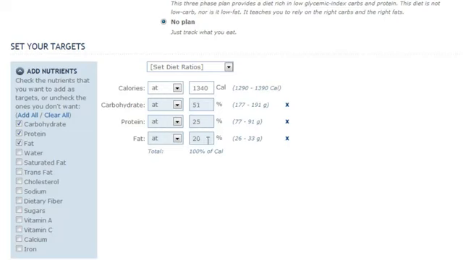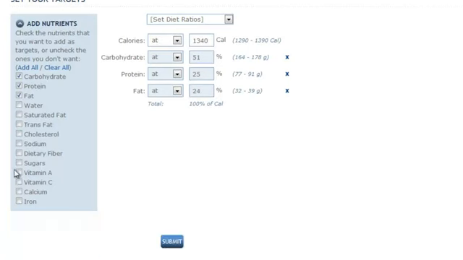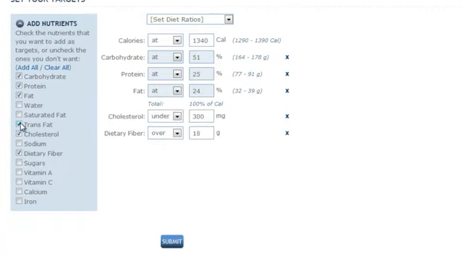Let's say you want to make this 51% and you have a little bit more fat in there. Then you can choose additional nutrient targets to add as diet rules. Let's say you want to have a fiber target, and a cholesterol target and a trans fat target. The system has recommended targets. You can obviously tweak these if you want. Add a little bit more fiber